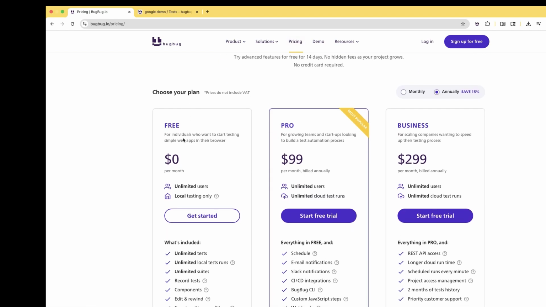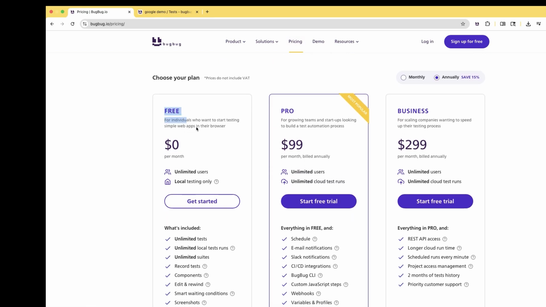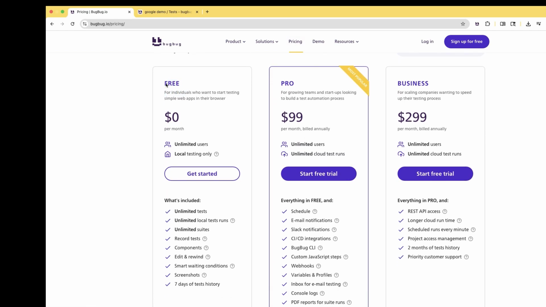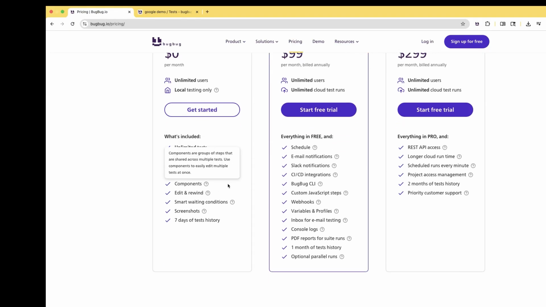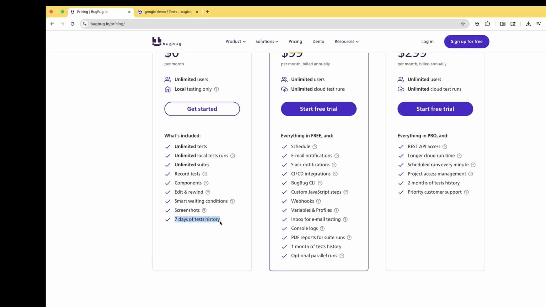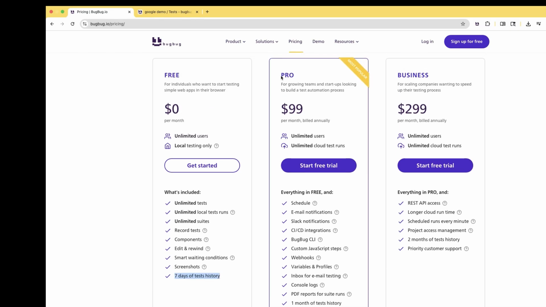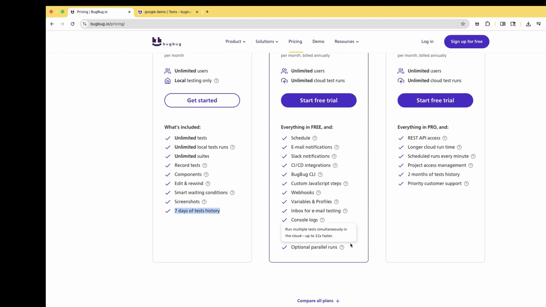And quickly I want to show you the pricing also. You can download it today for free. So developers, QA, and even product managers or business analysts can use this free tool right now. You can see the free tool records the test, and it has this reusable component feature and has a smart wait, and it also takes screenshots, and it stores up to 7 days of test execution. But if you want to go some more, if you want to store the history for 1 month or 2 months,